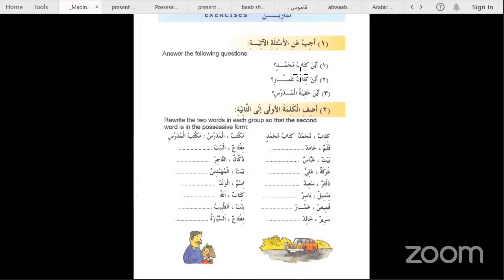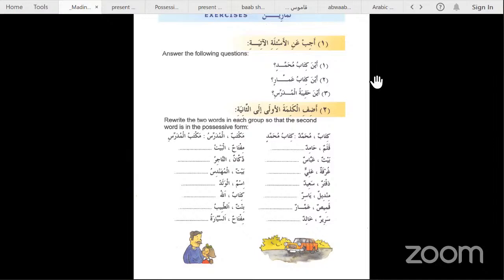Okay, Muhammad. كتاب محمد على المكتب. Excellent. Or if you want to say it is on the desk, how would you say that? Huwa, as you said, على المكتب. Huwa al maktabi. So you can use either the mudaf, mudaf ilay again, or you can use the actual pronoun instead. Huwa al maktabi.